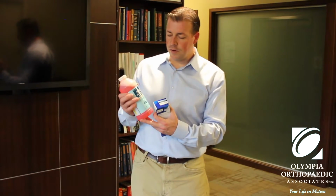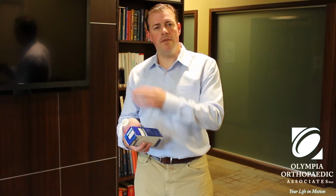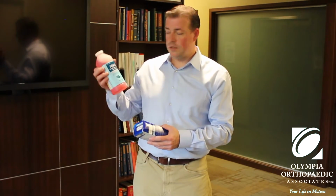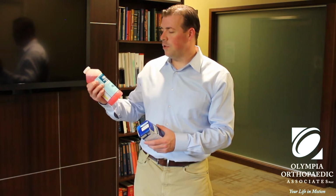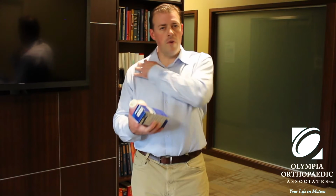The second thing that I frequently will have people do is a HibaCleanse wash. And a lot of times we'll have little wipes that can go on the shoulder to try and help kill all the bacteria in the shower. You're going to want to do this a few times a day. This is one that I bought actually from Costco, just a local pharmacy. It's a 4% solution. And the basic concept here is that you want to rub the area with it. Some people will take a whole shower with it, and you want to let it dry if you can. And then once it's dry,